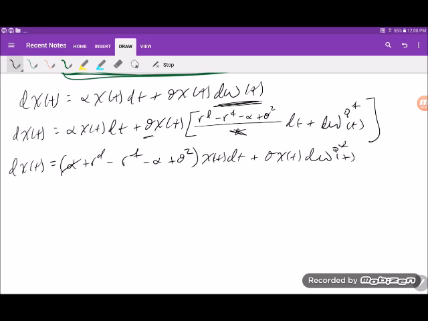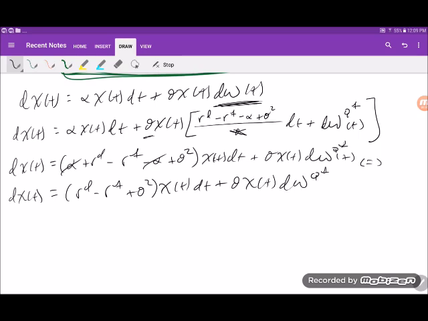So clearly these cancel, and then so finally we're just left with dx t equals rd minus rf plus sigma squared x t dt plus sigma x t dwqf t. All right, so these are the QF dynamics, and as you can see here,